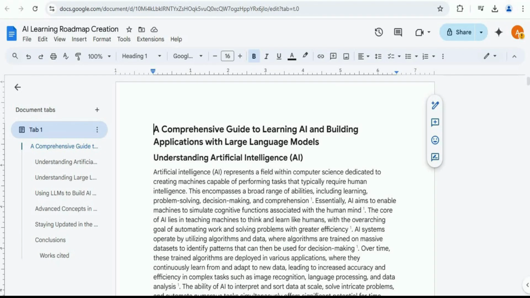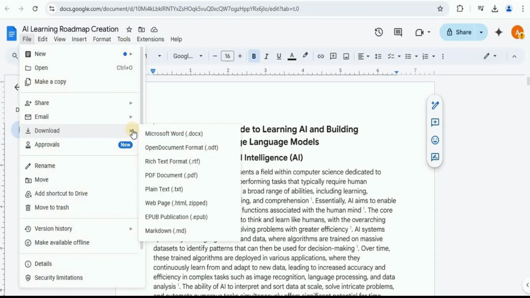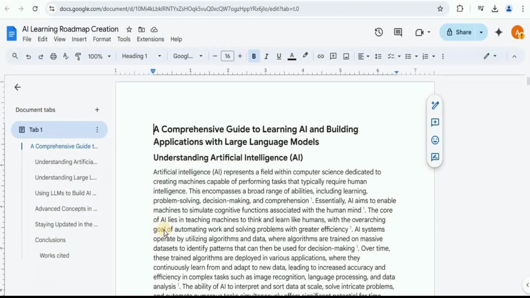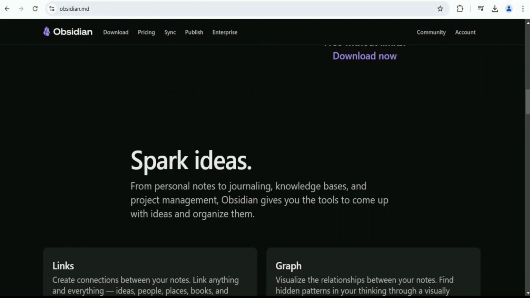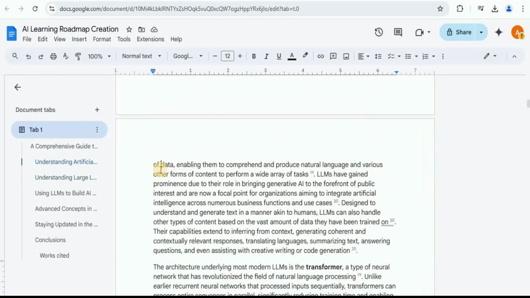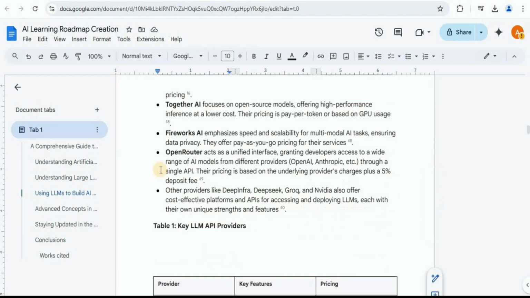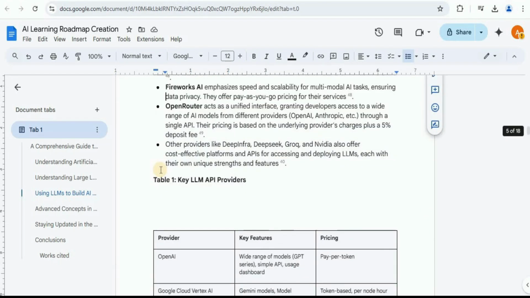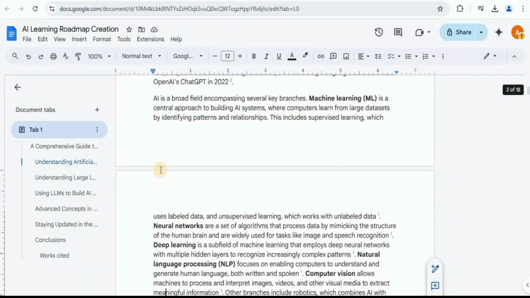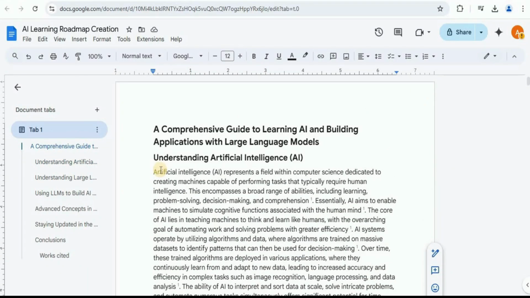So since Obsidian takes the information in the markdown format, I'm going to go ahead and download this path as a markdown file. Alright, so the file has been downloaded in the markdown format. So in order to convert it into a knowledge graph using Obsidian, you have to create a node for all the different topics that have been covered inside it, which has to be done manually, and then you have to connect all of these notes together in order to create the knowledge graph, which is quite a tedious and time consuming task. So now we are going to take the help of AI in order to simplify it for us. For that, we are going to use Cursor.